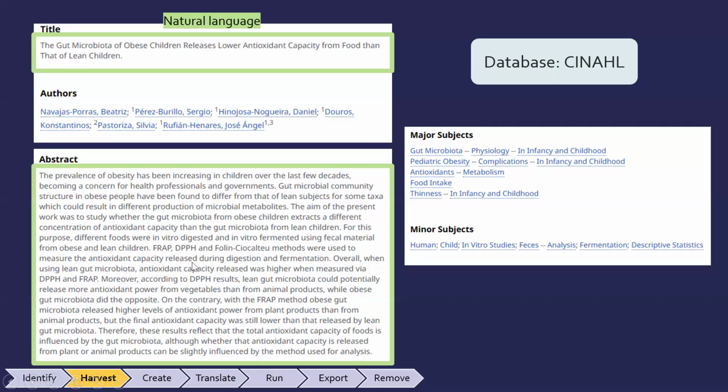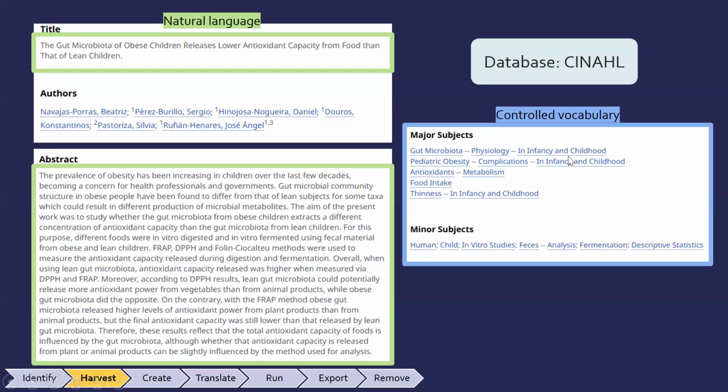abstract. However, the databases have their own controlled language, which they use in their major subjects. So some of the major subjects that I used, I was able to extract the article through the search. In this case, I was lucky, and I was able to draw this using both the natural language and controlled vocabulary. But in case you miss one or the other, then this gives you the best chance at drawing the most